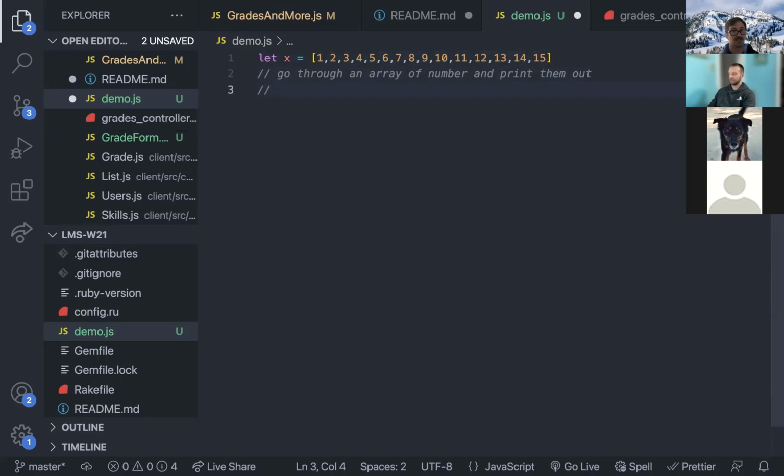But, so I think this one should be like, you go through an array of numbers, you print them out. If it's divisible by 3, that should say fizz. If it's divisible by 5, it should say buzz. If it's divisible by 15, say fizzbuzz. So this one, if you had this array, it should print out 1, 2, fizz, 4, buzz,